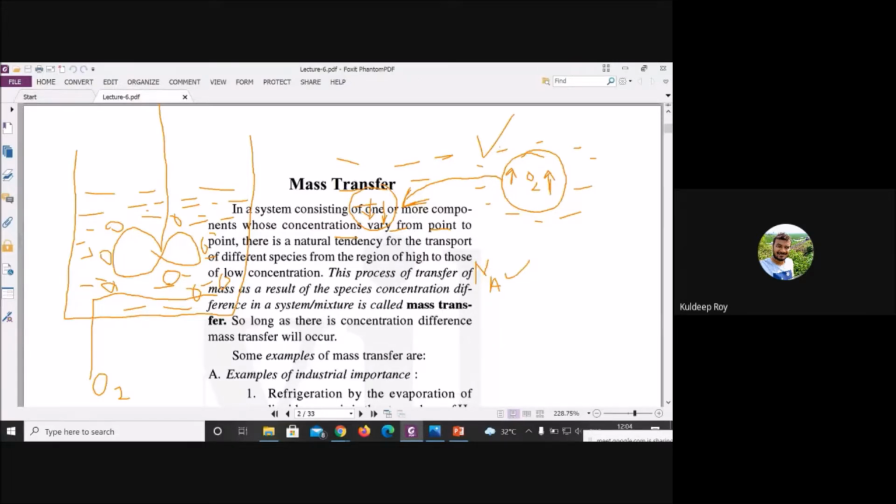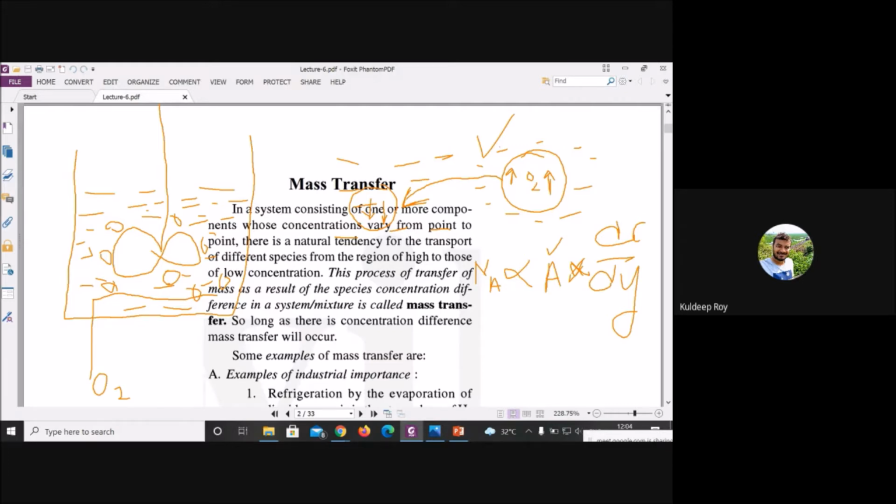Na will be proportional to your area. The higher the area, the higher the mass transfer. Then, in heat transfer there was one more term, the temperature gradient, and here it will be the concentration gradient. I am writing it as multiplied by the concentration gradient. How will you write it? Del C by del Y. Please note down, del C by del Y.